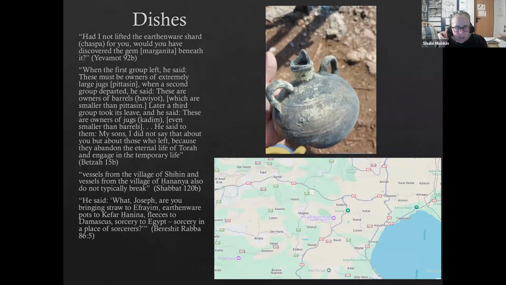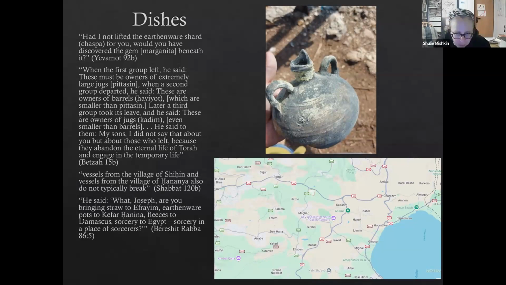If we're very, very lucky, we find whole dishes like this beautiful one here. My friend who's an archaeologist sent me this picture. Usually you have to put them back together. They're broken. If we're really, really lucky, we find ones that still have some residue of something inside. Right? And then we can figure out what were the components of their wine, of their oil, and then we